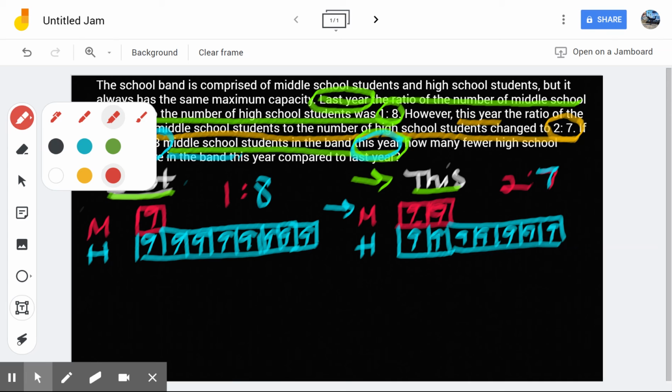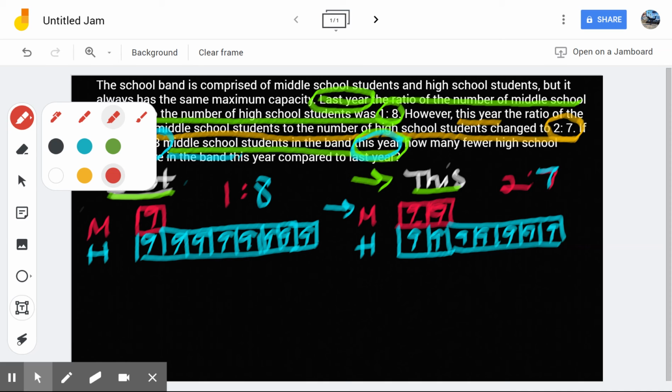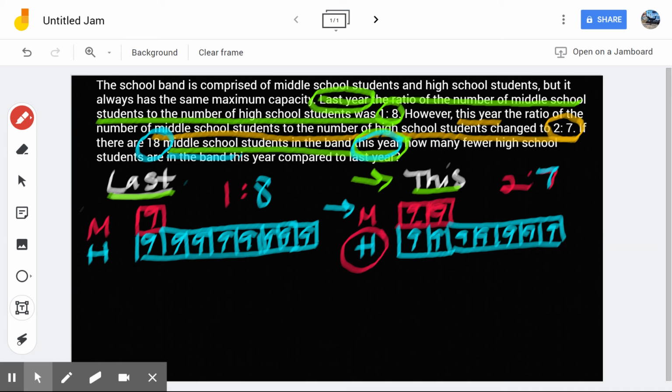Okay, so let's look at our question. How many fewer high school students are in the band this year compared to last year? So we're talking high school students. That's here. How many are there? How many were there last year? So we're comparing last year to this year, and I see